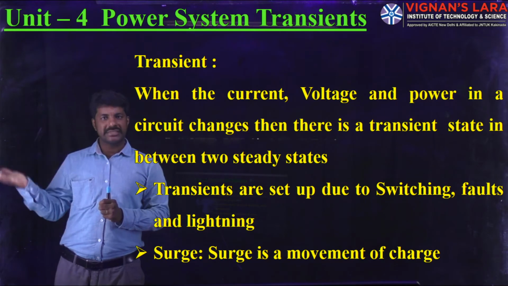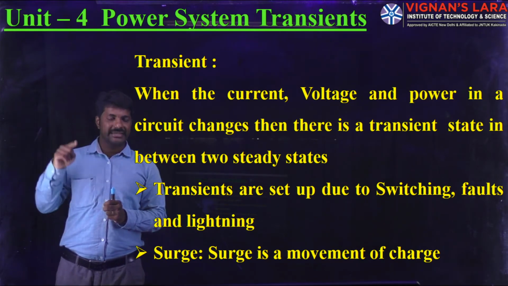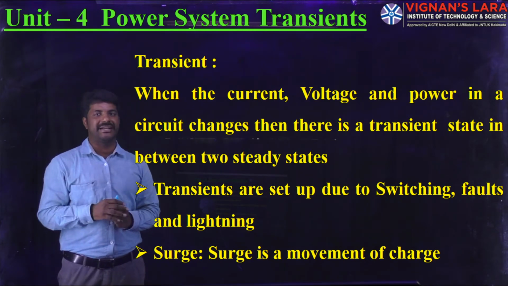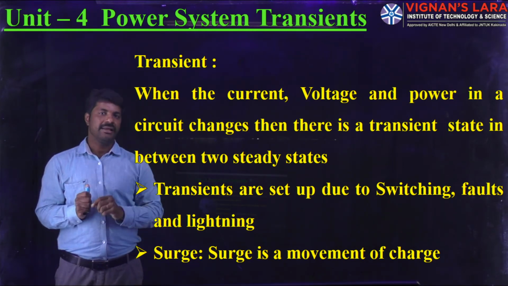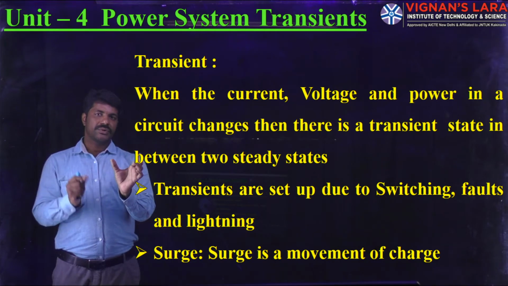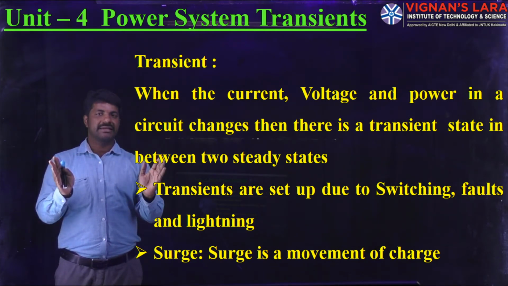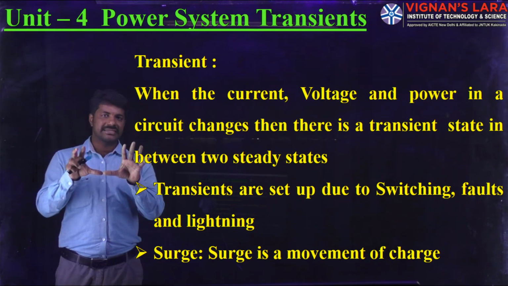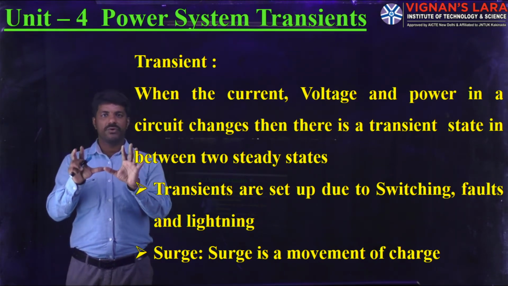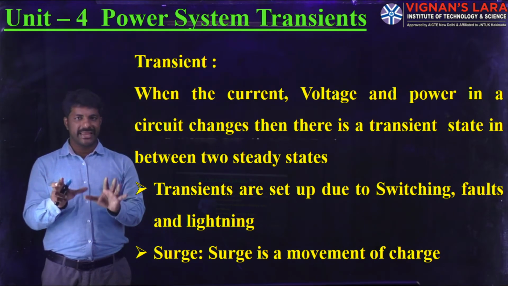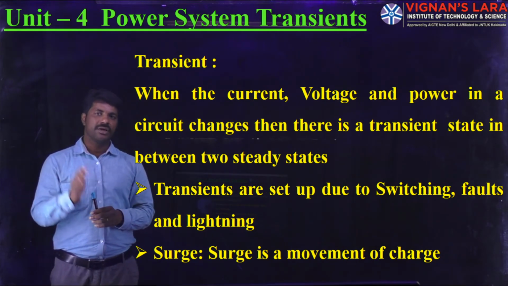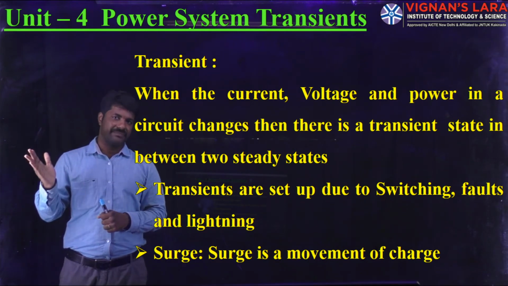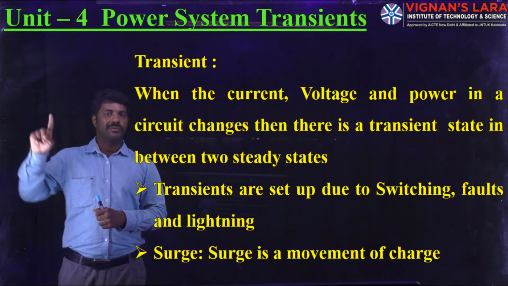Whenever we are closing the switch at the sending end side, it causes a disturbance to that steady state open circuited condition. Whenever the transmission line is open circuited, that state is called the steady state operation. If we want to operate that transmission line, what we do in general is connect the transmission line to the generating station at the sending end side. Then immediately we close the switch.